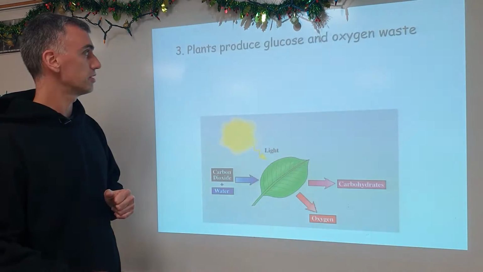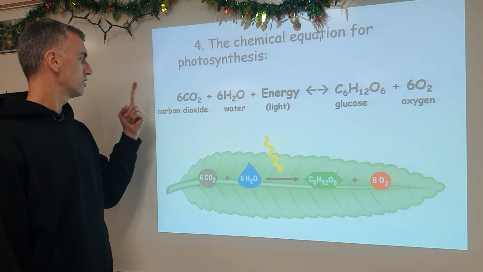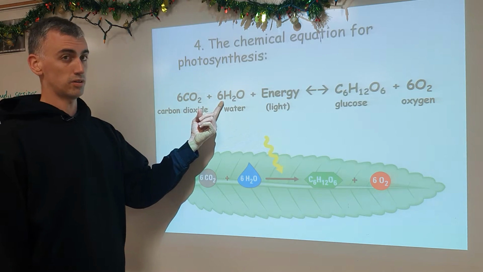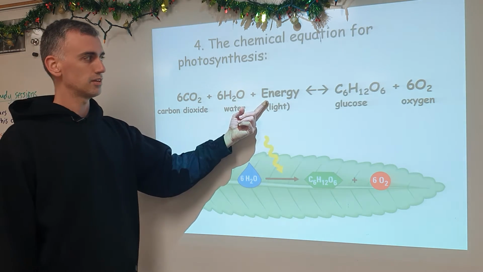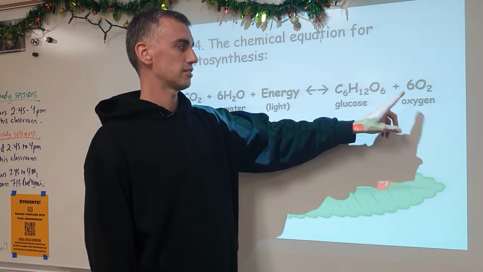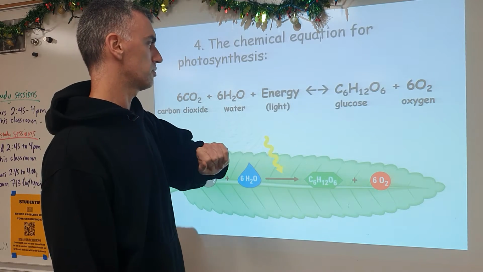Now, the chemical equation for photosynthesis: 6 carbon dioxide molecules react with 6 water molecules and energy from light to produce glucose, sugar, and oxygen. Now there should just be one arrow pointing this way. I don't know why there's 2 arrows, but